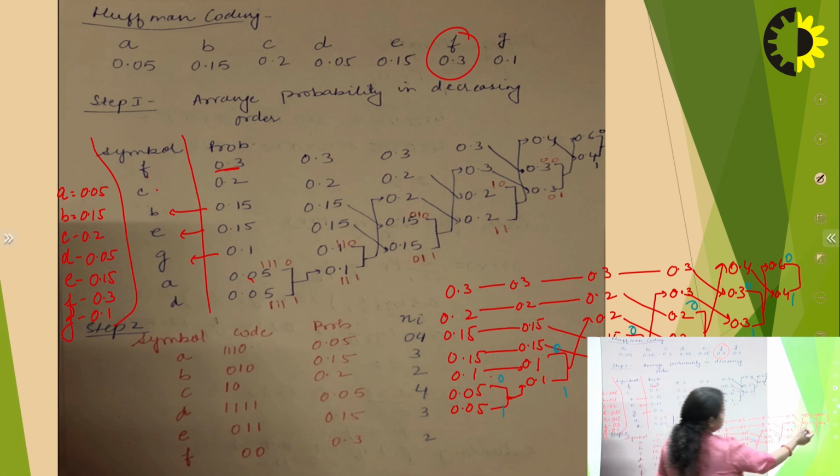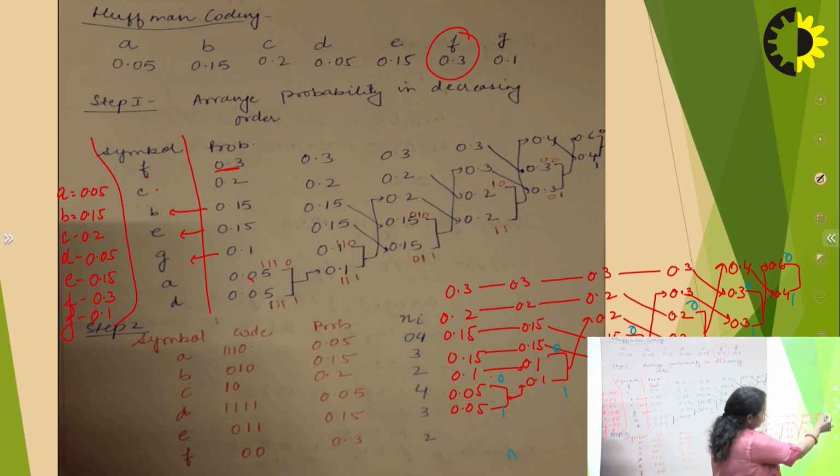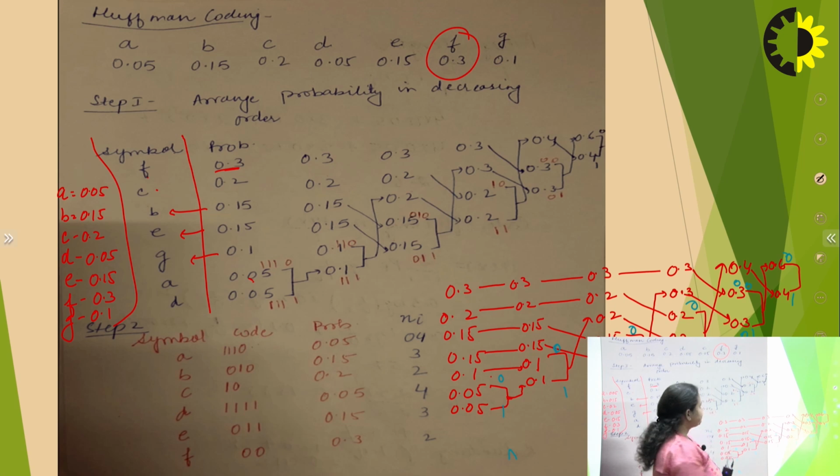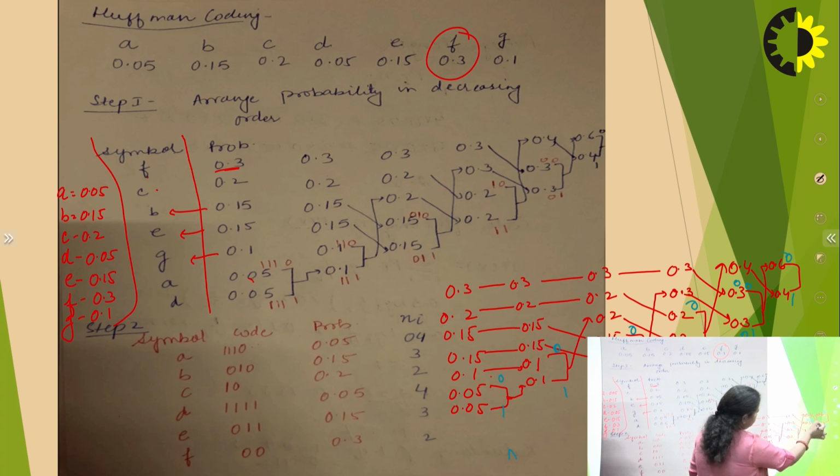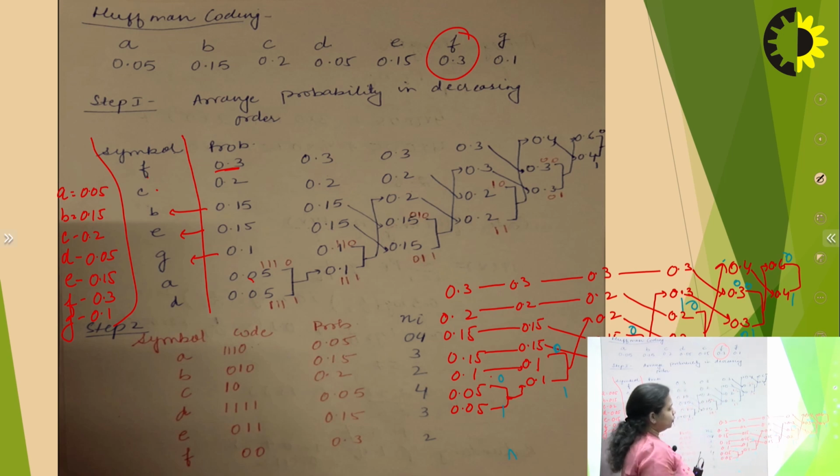Now see, first this is 0.6. So 0.6 is basically the addition of 0.3 and 0.3. Here the last probability is 0.6. 0.6 is the addition of 0.3 and 0.3. So you are giving the code of 0.6 to both the 0.3, 0.3. So for 0.6 you are having 0. So put 0 and 0. Clear? Then you are having 0.4 here. So for 0.4 you are having 1. You are having 1 code. So you will give 1 here. 1, 1. Because 0.4 is basically the addition of 0.2 and 0.2. So you assign 1 to each 0.2 and 0.2.